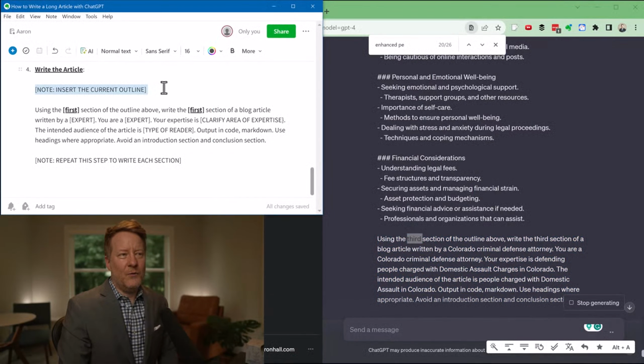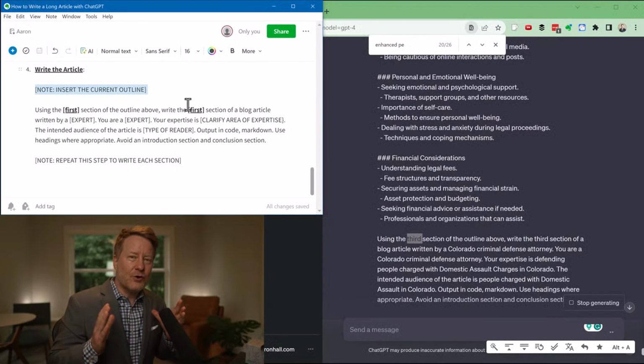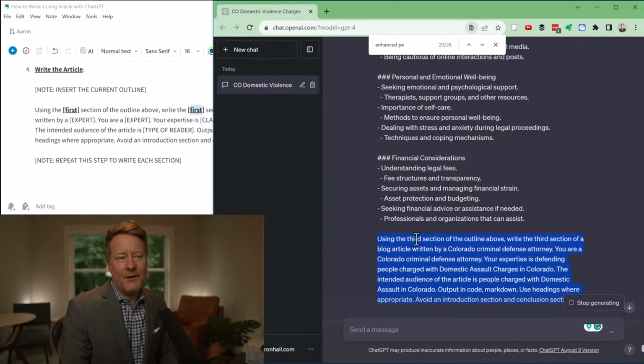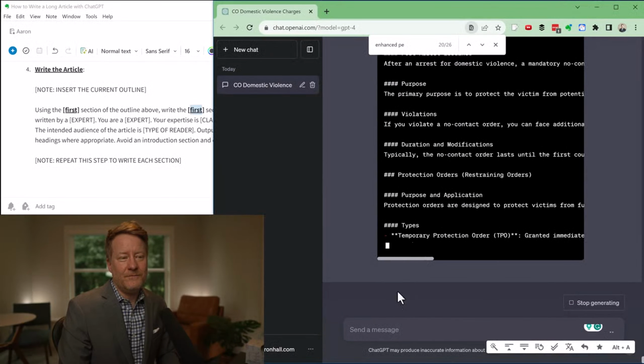So to recap where we are, we keep putting into ChatGPT's short-term memory the entire current outline. So that was the final version of the outline that had talking points in it. And then we're entering this prompt. And we just keep changing this little section here for whichever one we're on. So right now it's writing about the 3rd section.